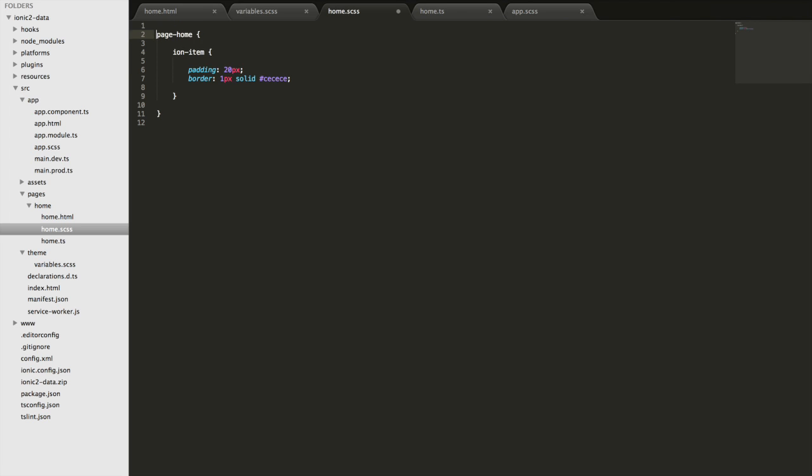And the way I usually get around this is to add the iOS and material design classes. So what this does is it only targets CSS rules for either iOS or material design. So what I'm saying here is that I want these rules to apply to both iOS and material design. But if I wanted to just create rules that would only apply to iOS, I could create a separate iOS selector down here and define my rules inside of there. So I don't specifically want to create different rules for iOS and Android here, but what this does is make these rules more specific. So if I save these now and take a look,